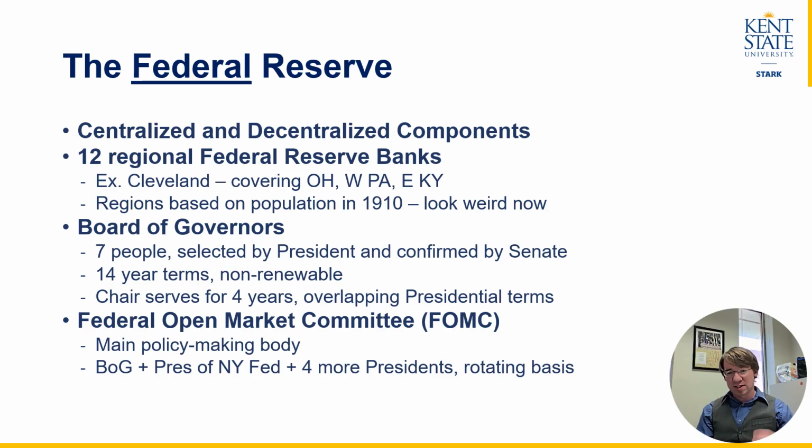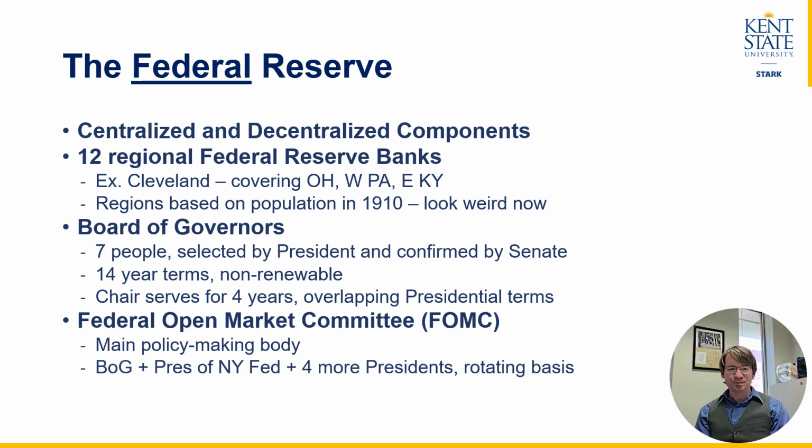Now, this is specifically designed to overlap presidential terms. So while we know that, for example, there's a presidential election in 2024, the term for the chair of the Federal Reserve is up in 2026, right? So it's 2 years offset. So you're going to have 2 years under the president that appointed you, and then 2 years under the following